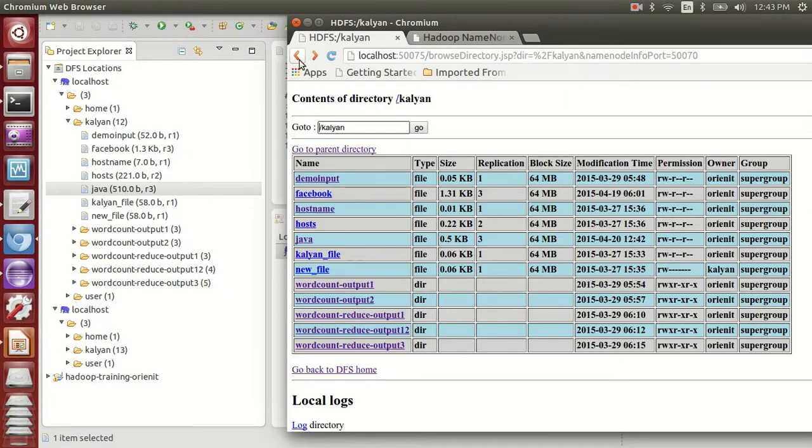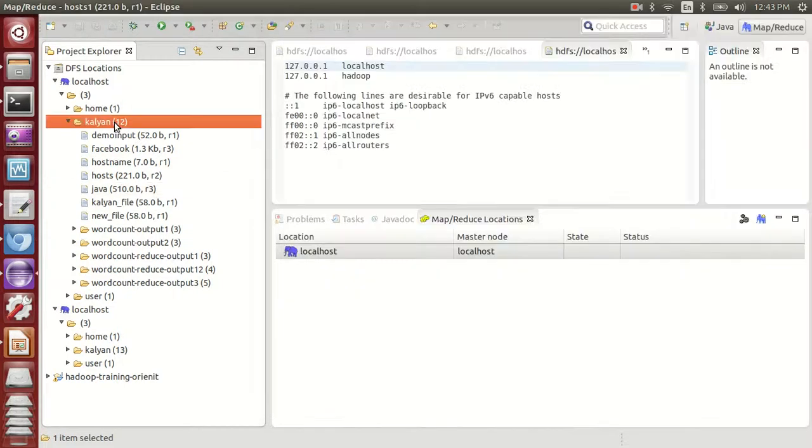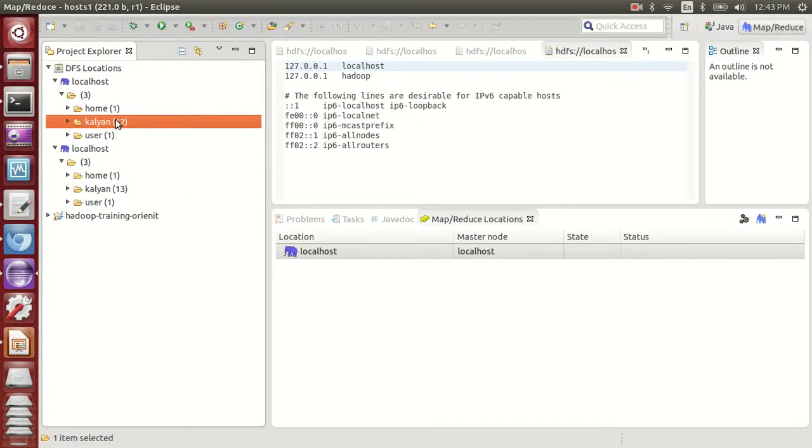So what is the point here? The Eclipse plugin is making your operations possible through Eclipse itself. This is one of the features of the Eclipse plugin, and it's not only this, we can also create a project for Hadoop and execute it very easily. Okay, let's proceed with that. Last time we saw how to configure the Eclipse project without the Eclipse plugin. Now today we will see how to configure the project with the Hadoop Eclipse plugin.